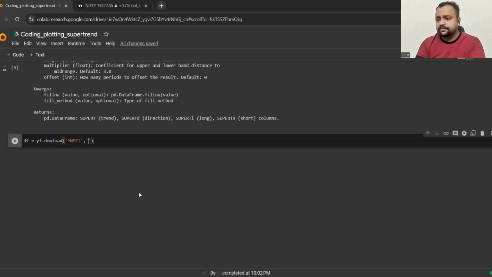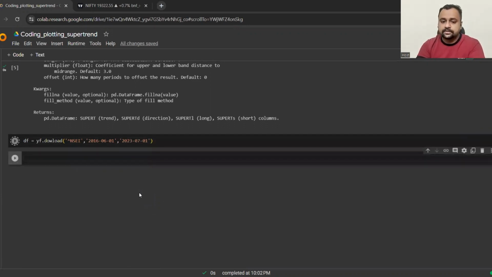I could write a function for it, but I'm just making it a little short and sweet. So let's say the starting date is 2016, June 1st. And let's say the end date is somewhere around 2023. Let's make it July, and let's just make it 01. So this is the start date and the end date, and this is going to give us the